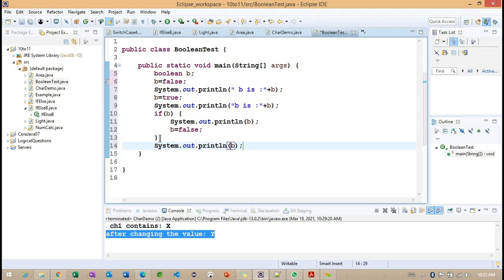Okay. So try to execute the same program line by line. From line number 5, what we are doing, line number 6, what we are doing. So try to see the same example one more time. So you are going to have an idea of how this particular b value is changing here.